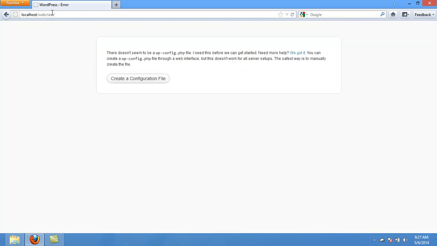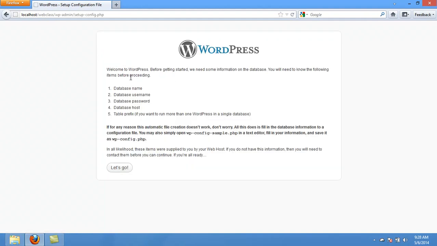Then you have this screen. This screen just tells you that you need to start creating a configuration to set up your WordPress site. Then you click create a config file. The name of the folder is web class. Whatever name you call the web root, that's what it's going to put there. Then I will say create a configuration file. This tells you the things that will be required of you to submit to have your